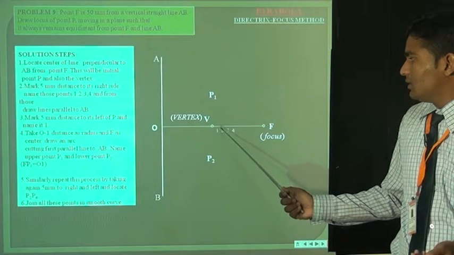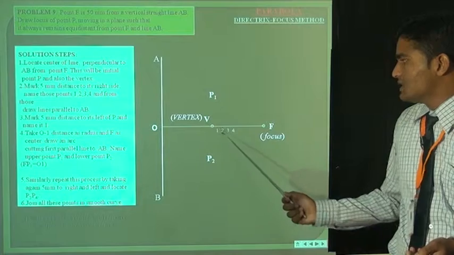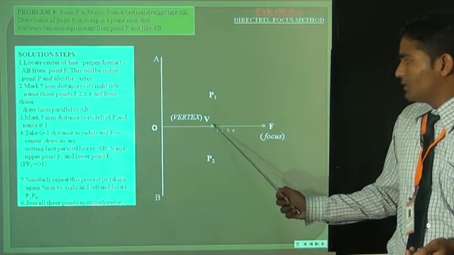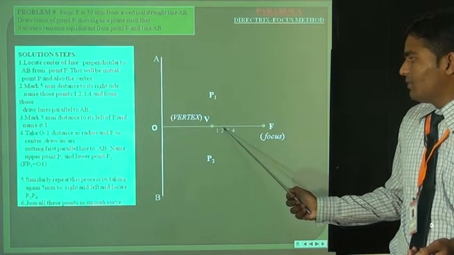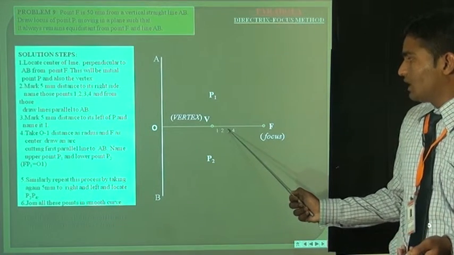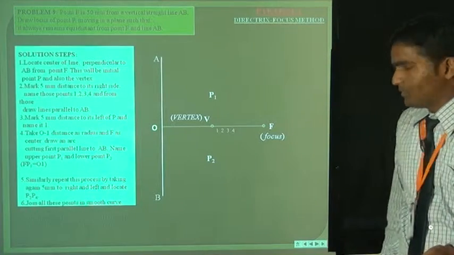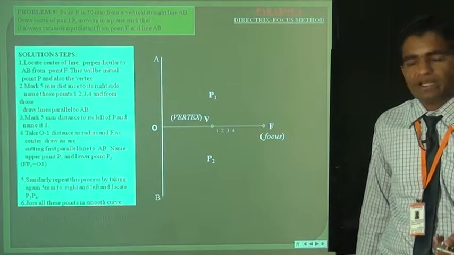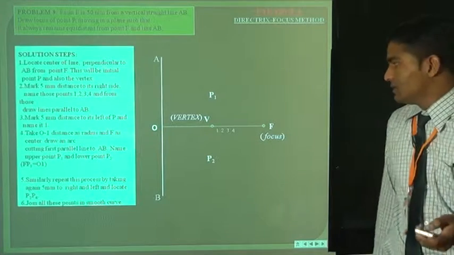Now our next step is mark the points 1, 2, 3, 4 at a 5 mm distance from the point V. So from the V point, mark the point 1 at 5 mm, and then again 5 mm and mark it as 2, and again point 3 at 5 mm, and again point 4 at 5 mm. Now draw the vertical and perpendicular lines from the points 1, 2, 3, 4. So let's do that.